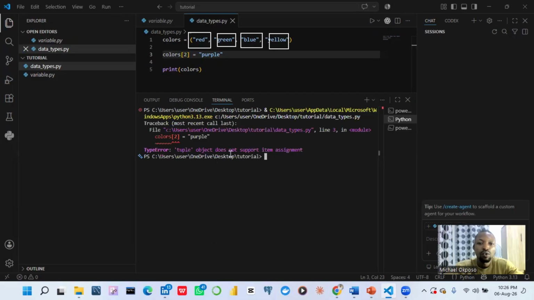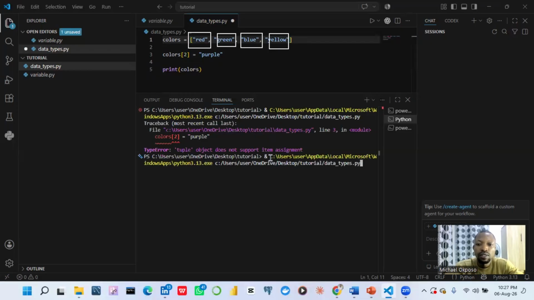Now it's going to still throw an error: tuple object does not support item assignment. So tuple does not support item assignment. But what will happen if we change it back to list? Changing back to list, let's remove this and put the square bracket. That's the only thing we need to change. Yes, add square brackets. And now run the same